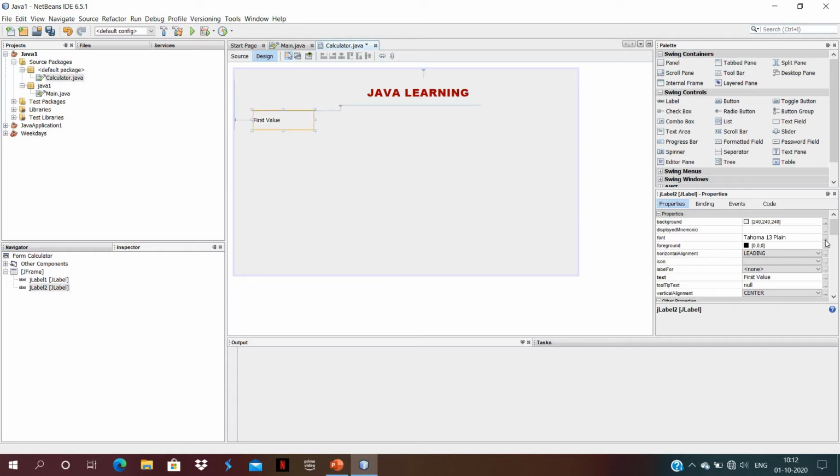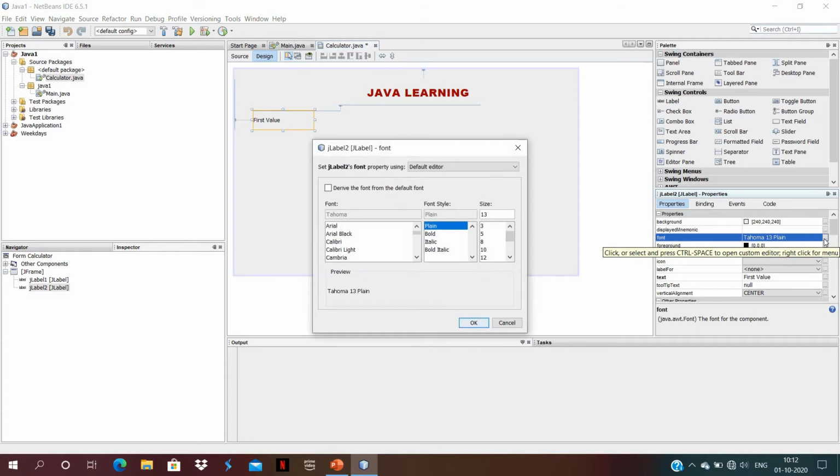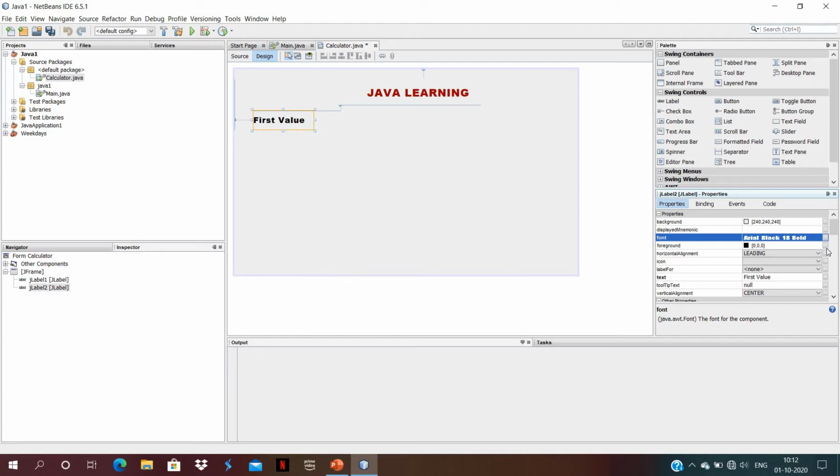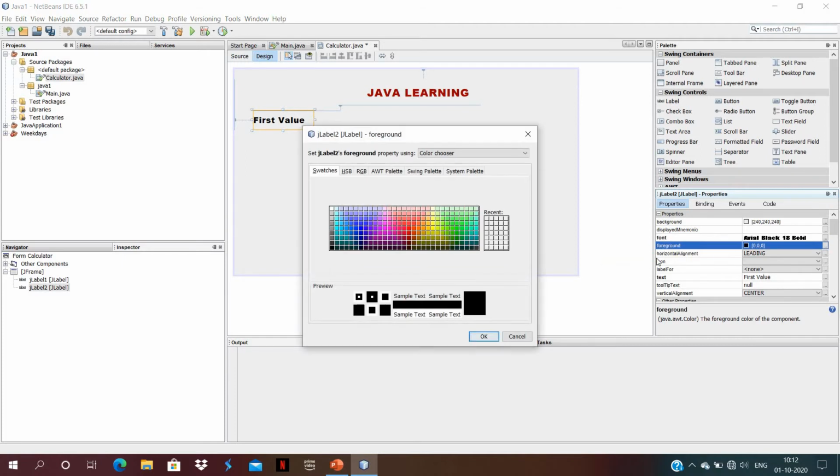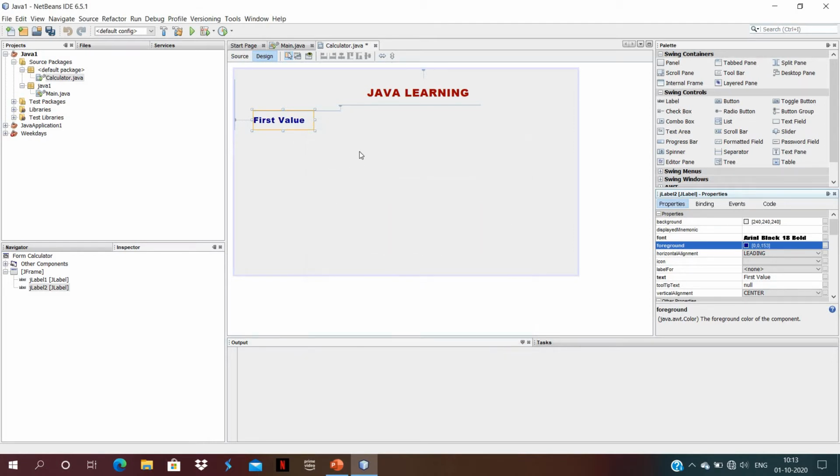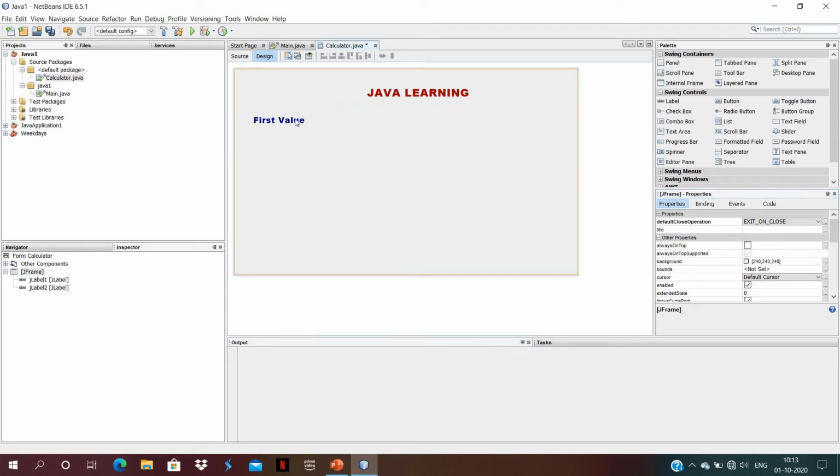Go to property window, change the property of your text. For example, you take it Arial black, bold and give the size 18 and then OK. After that we want to change the color of our text. We choose blue and OK. Okay, our first value is completed.